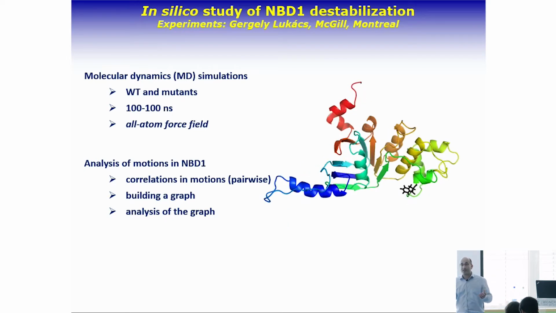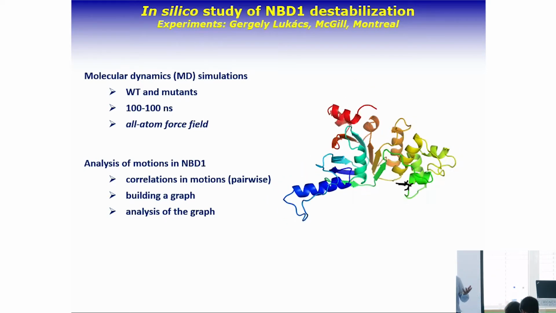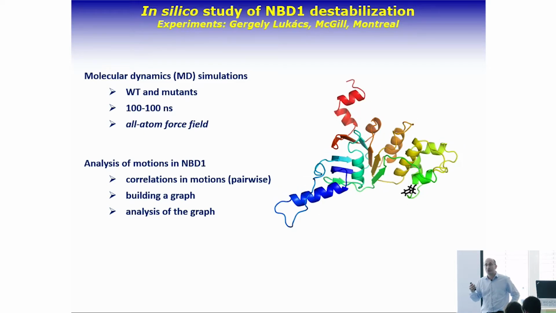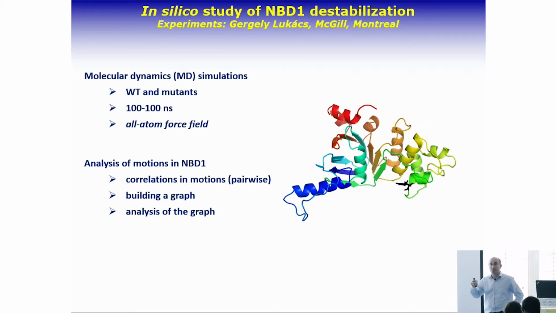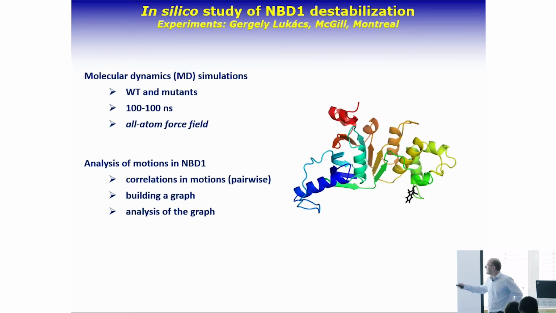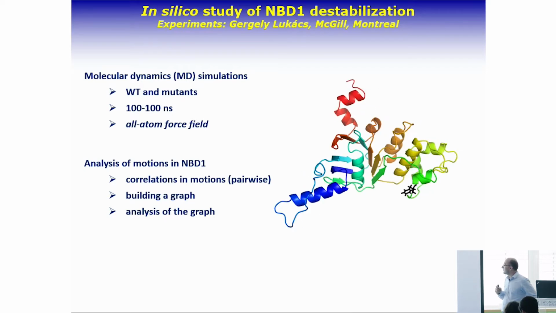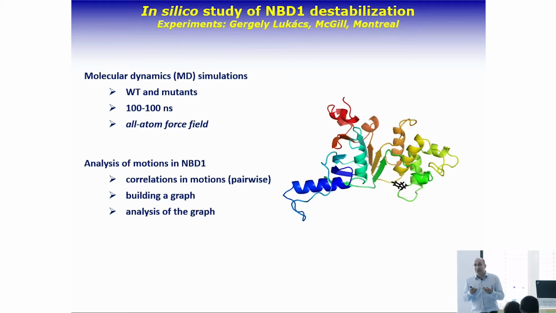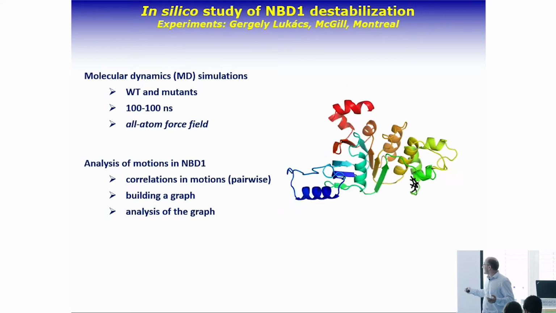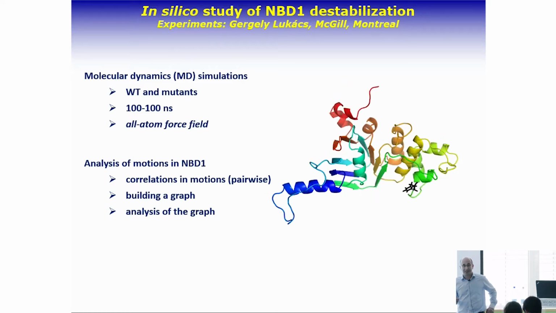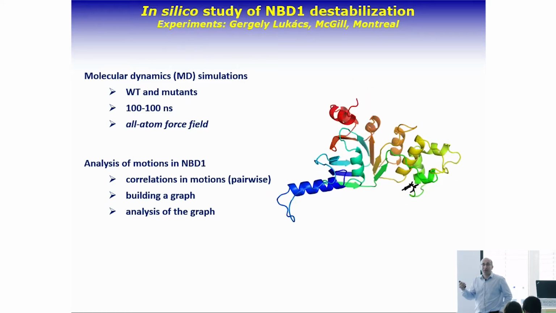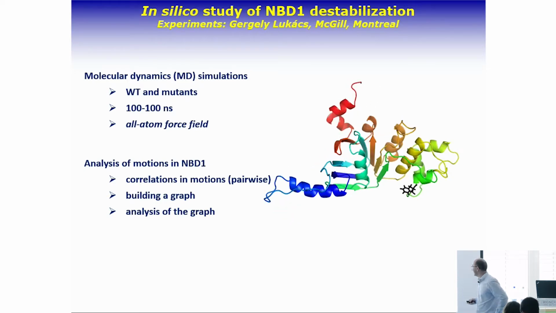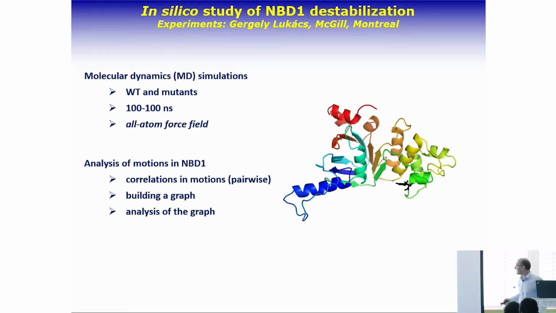Since proteins always have some motions in the cell at your body temperature, you definitely have to observe the dynamics of the mutants compared to the wild type protein. So therefore, we perform molecular dynamics simulations, and we would like to compare the differences in motions. As you see, this is not a very trivial question. On the other hand, the mathematical tools are toys compared to the very complicated stuff that I see here today.